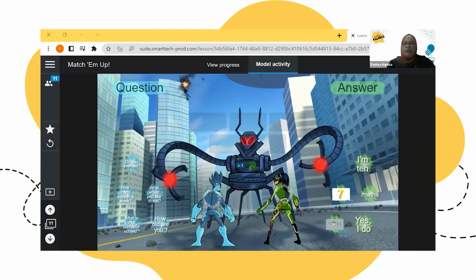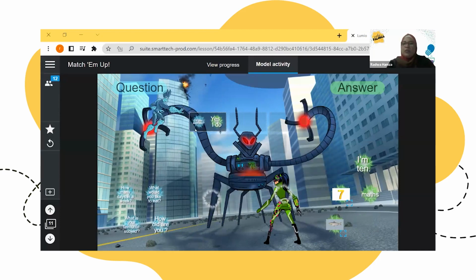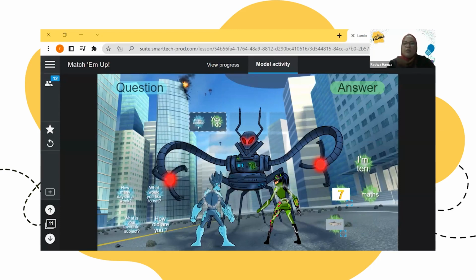For lower grades, I think this is for grade 2 or 3, the students can match the question with the answer. For example, do you exercise? I drag it like here. Do you exercise? Yes, I do. So here, that's right. The students come to the board and match the question with the answer.